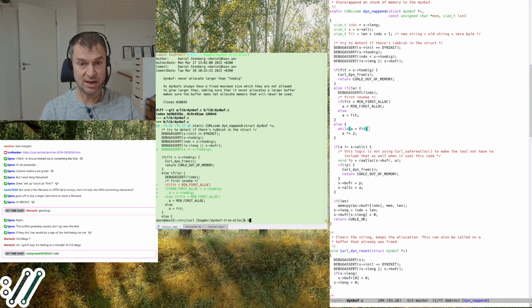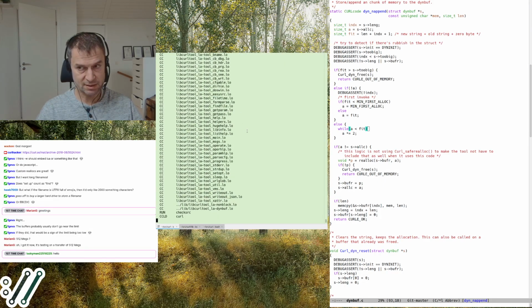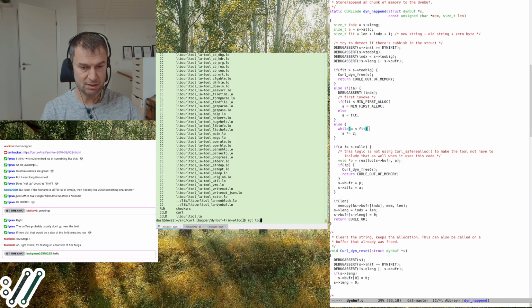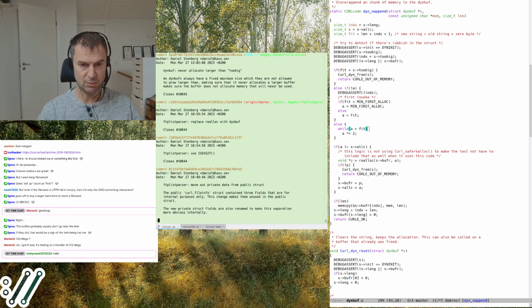A tiny change, and since this changes the dynbuf system, and dynbuf is used literally everywhere in libcurl, we can be pretty sure that we at least didn't break anything horribly, because I think a majority of all the allocations these days are made by the dynbuf system.